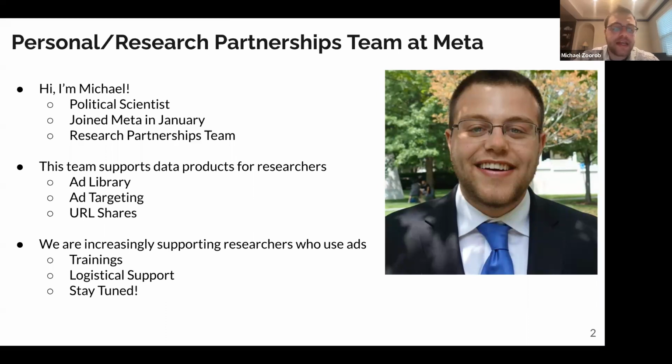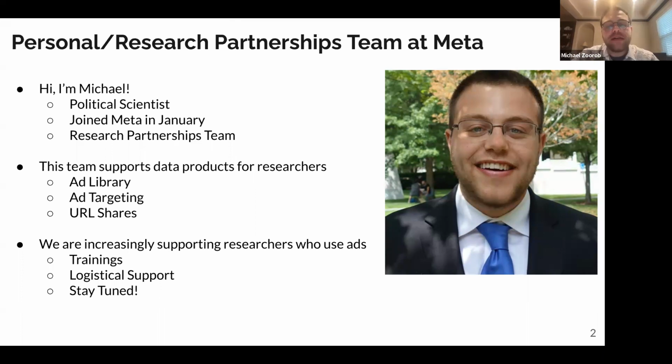The ad targeting data set covers what advertisers of SEEP ads selected as far as who they wanted to see those ads, and also the URL shares data set, which is a data set of the URLs shared on Facebook and the views on those URLs.